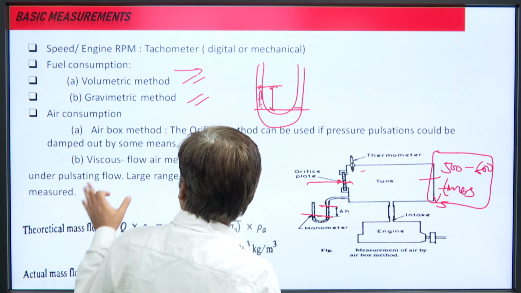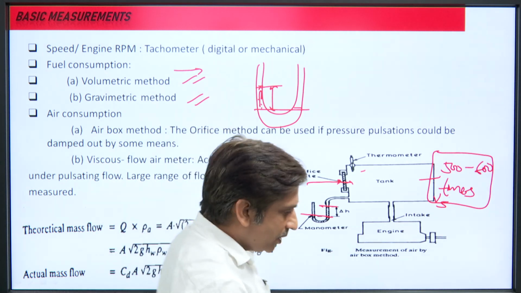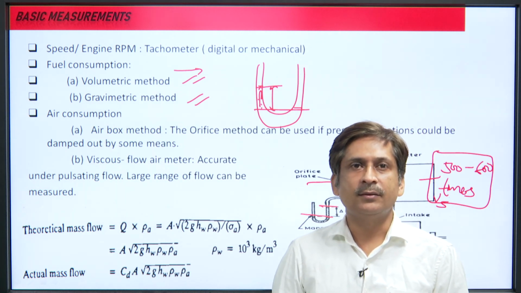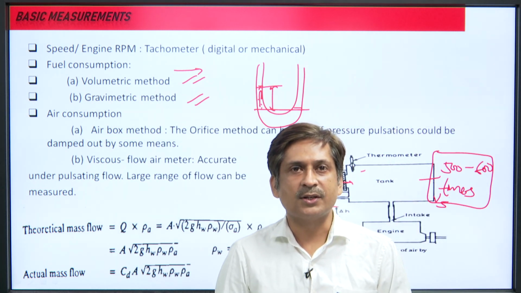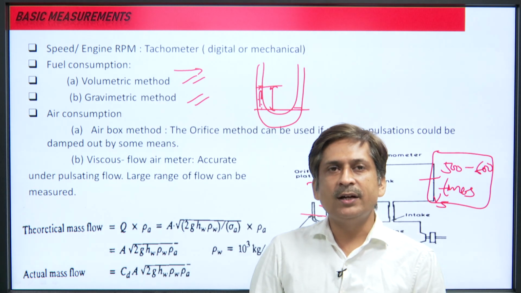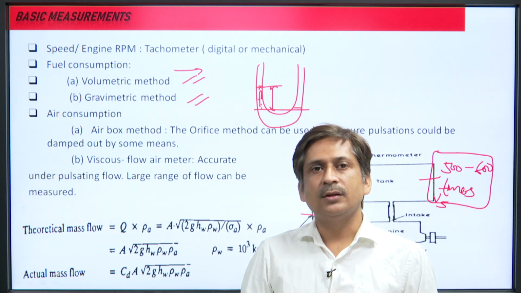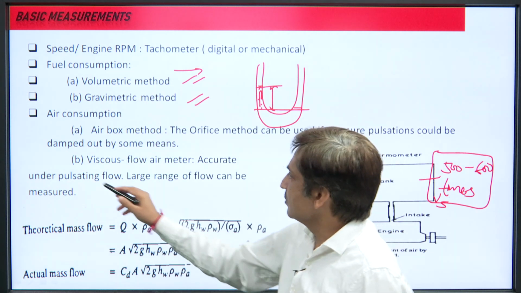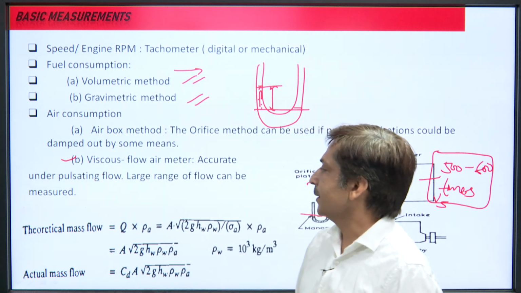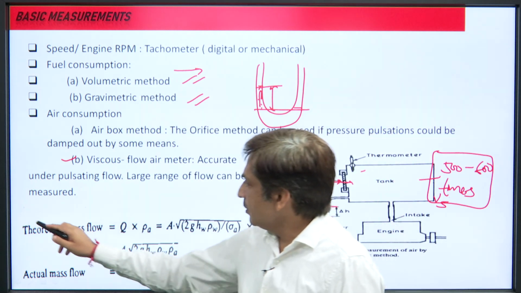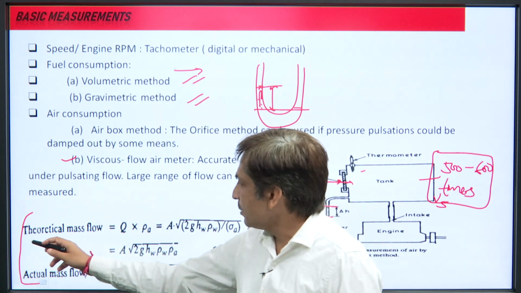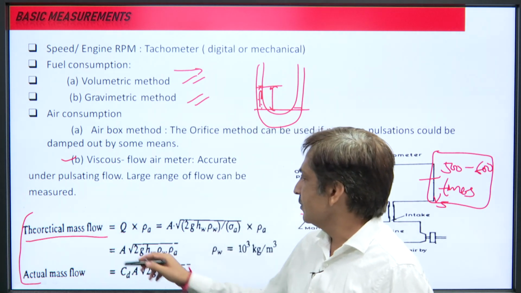So, viscous flow air meter also gives you the same thing, but if the pulsation is very high, and we need accurate evaluation of the air consumption, then we use the air box method. Generally we use the air box method, and with the help of this, the theoretical mass flow rate is evaluated